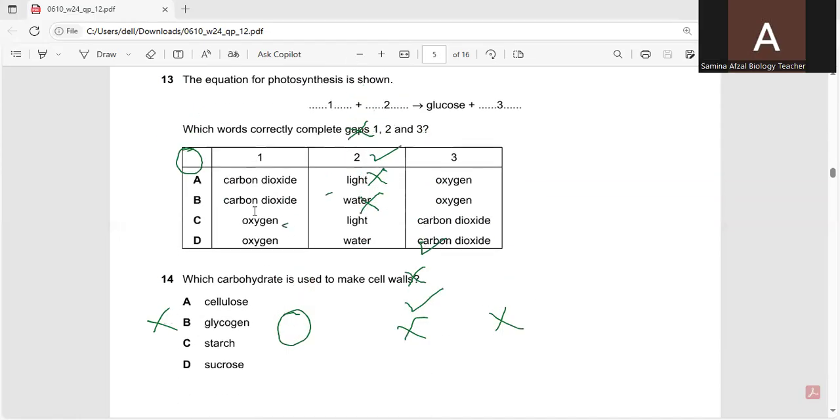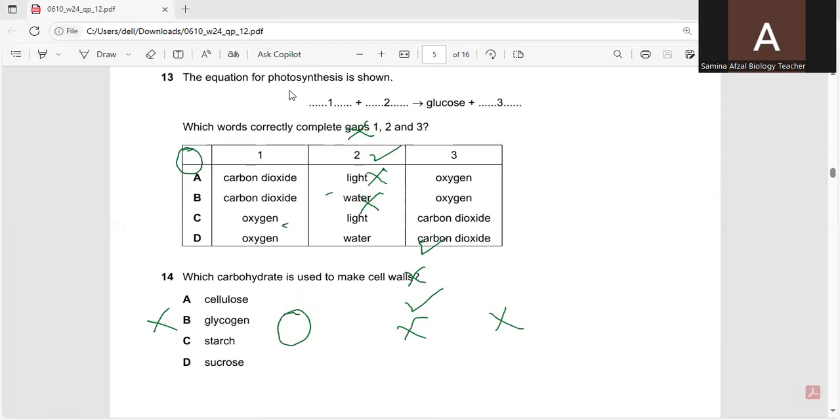Question number 13. And question number 13 is, the equation for photosynthesis is shown. So we have to fill in this equation. Which words correctly complete gaps 1, 2, and 3? So the equation for photosynthesis is carbon dioxide